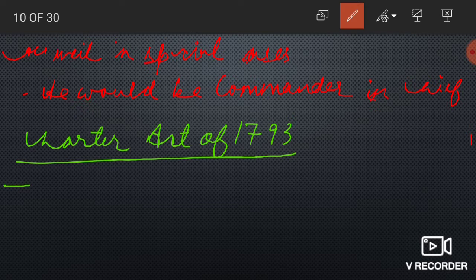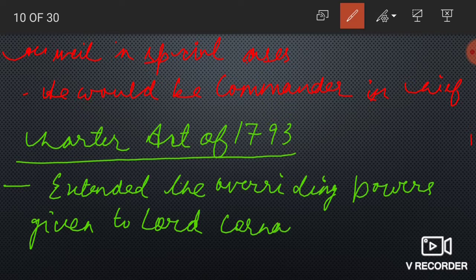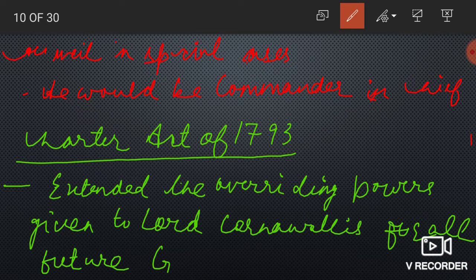इसके फीचर्स जो थे, it extended the overriding powers given to Lord Cornwallis for all future Governor Generals. आगे के जितने भी गवर्नर जनरल्स होंगे, they will also have a power to override the decisions of their council in special cases. So this was one